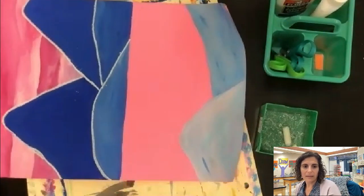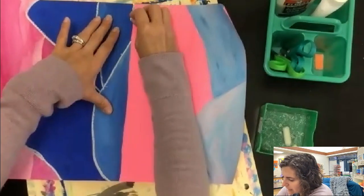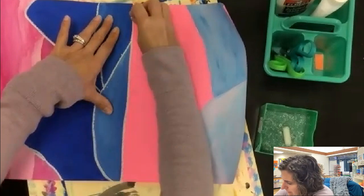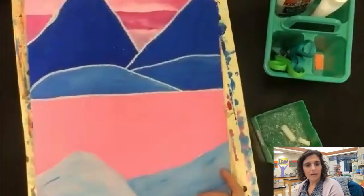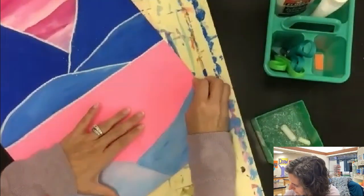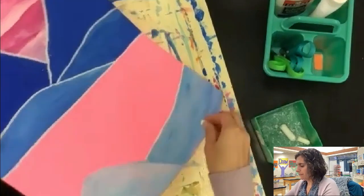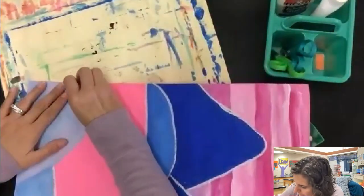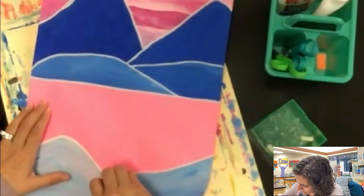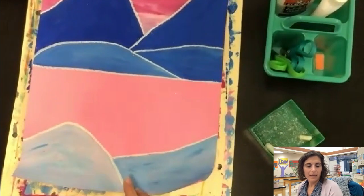I'm also going to use this white line to separate the hills from the water. So along my horizon line, or wherever your horizon line is, you'll want to go ahead and separate that. Now I'm going to jump down to the hills at the bottom of my paper, and I'm going to do my outline on those. Perfect. All right, so now we can see all the beautiful values that I made, and I'm ready for the